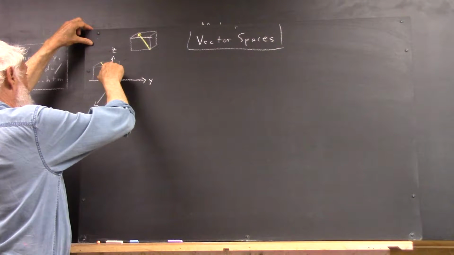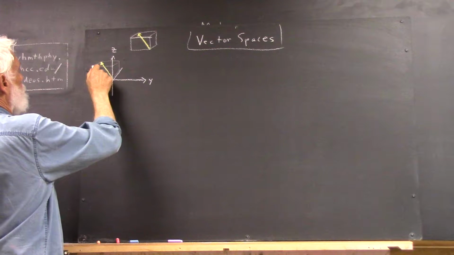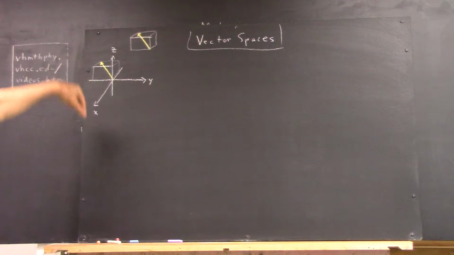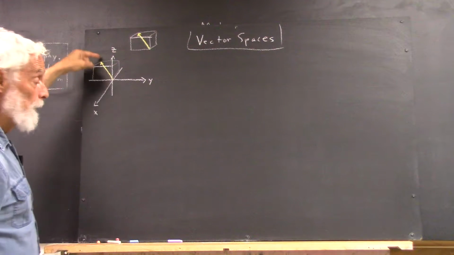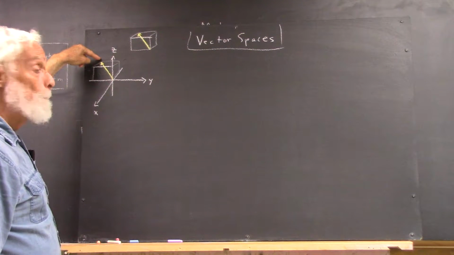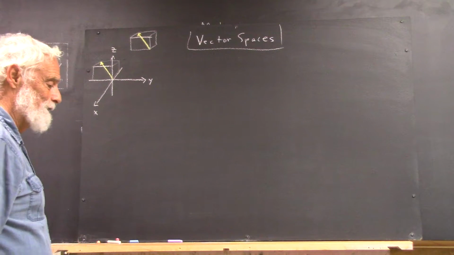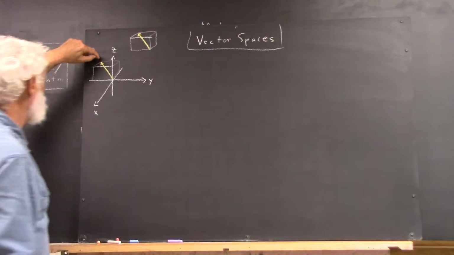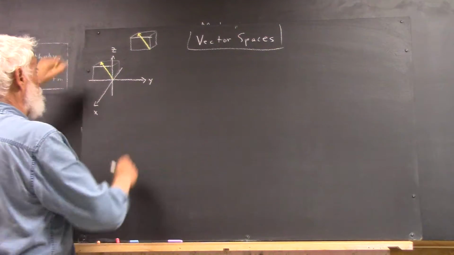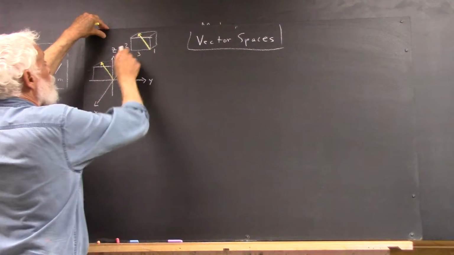Okay, so that represents this sort of a box. And of course our vector is here, and we don't want it to look like the vector's crossing the front of the box. I'm not sure that makes any difference. But right here is a vector that goes from the origin to the back upper left corner of the box. Now if this box has dimensions, let's say the dimensions are 3 in this direction, 1 in this direction, 2 in this direction,